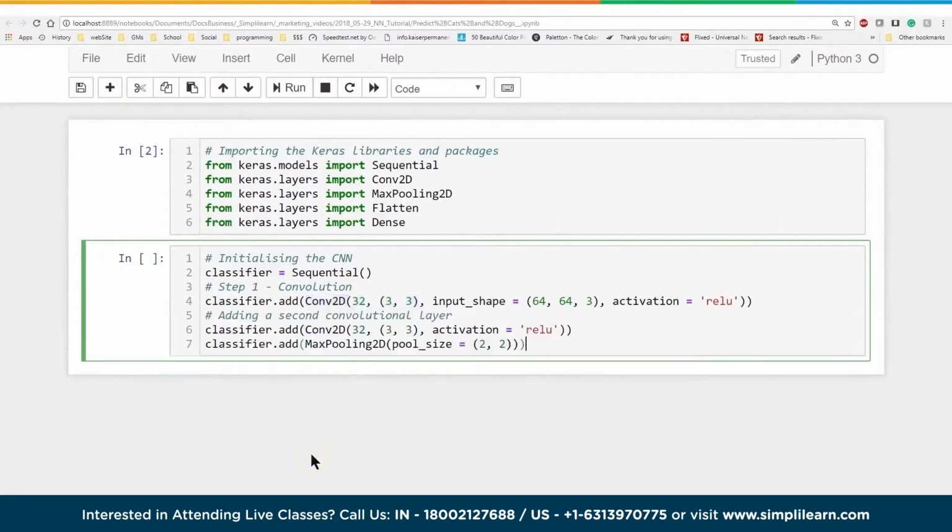And then we're going to add in a second convolutional layer. That's what the CONV stands for, 2D. So these are hidden layers. We have our input layer and our 2 hidden layers, and they are two-dimensional because we're dealing with a two-dimensional photograph. And you'll see down here that on the last one we add a MaxPooling2D,